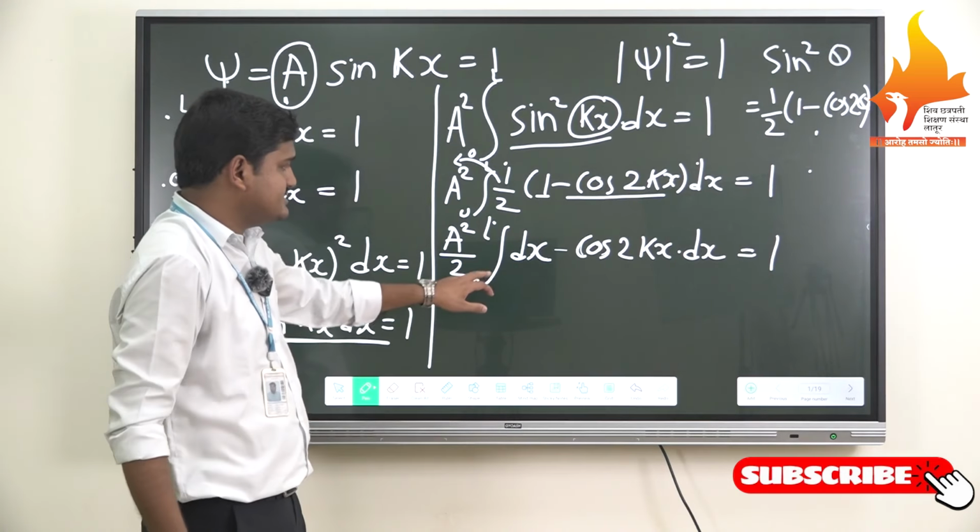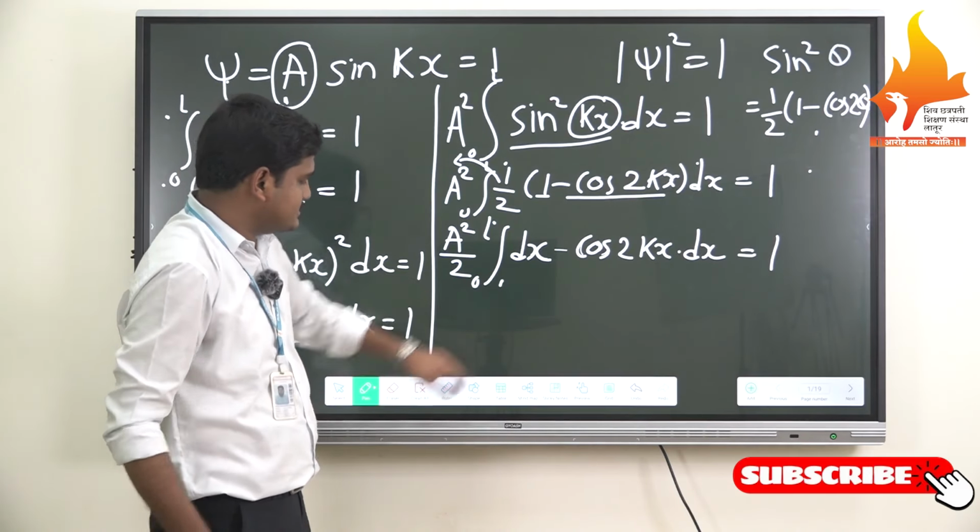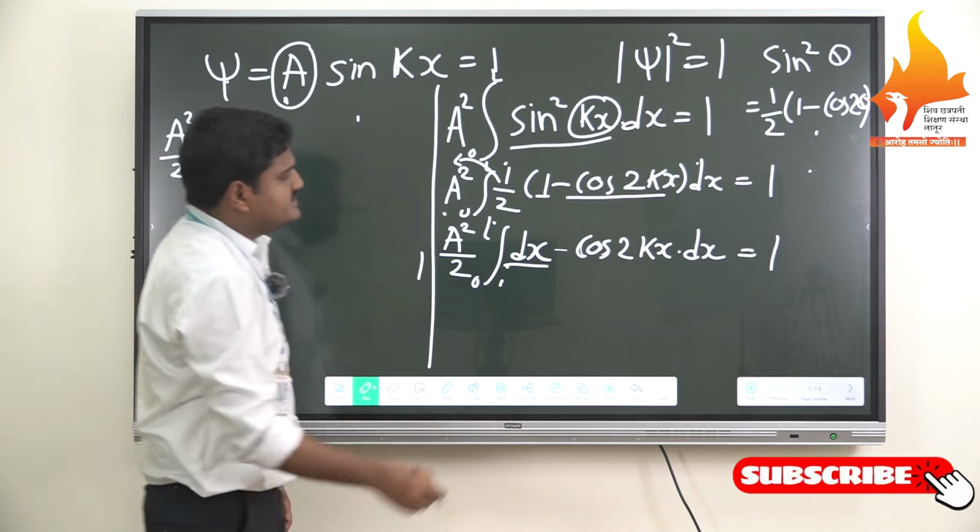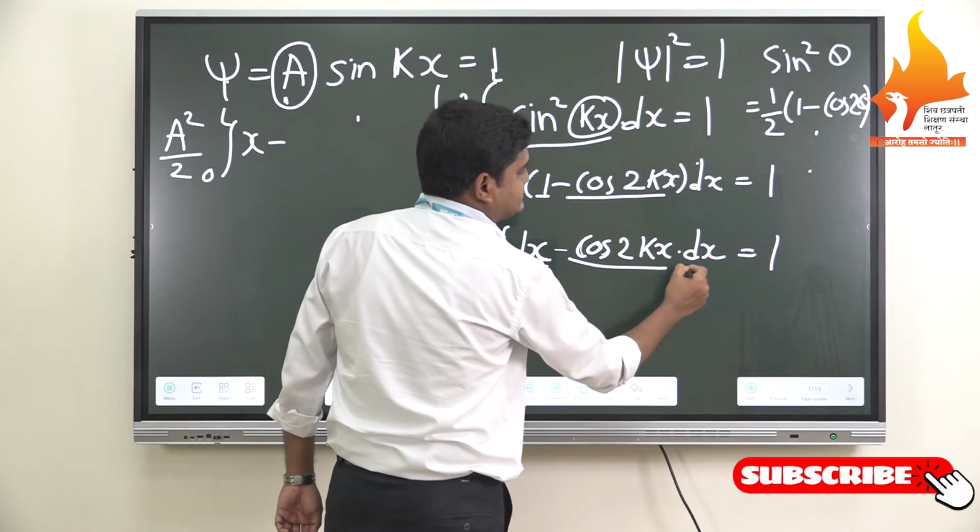We have to integrate this equation with respect to x, minus the integration of cos 2kx dx,